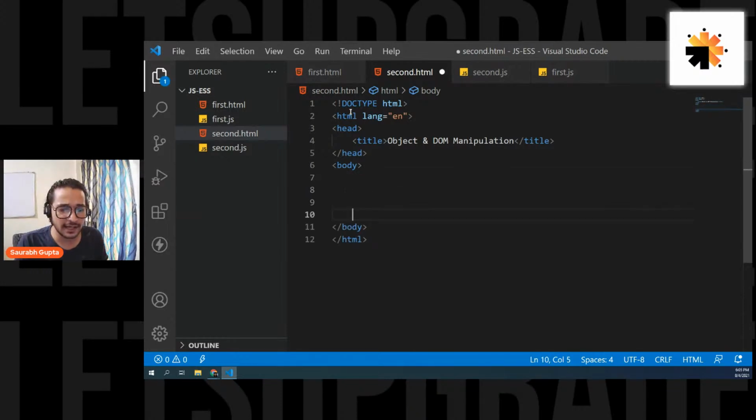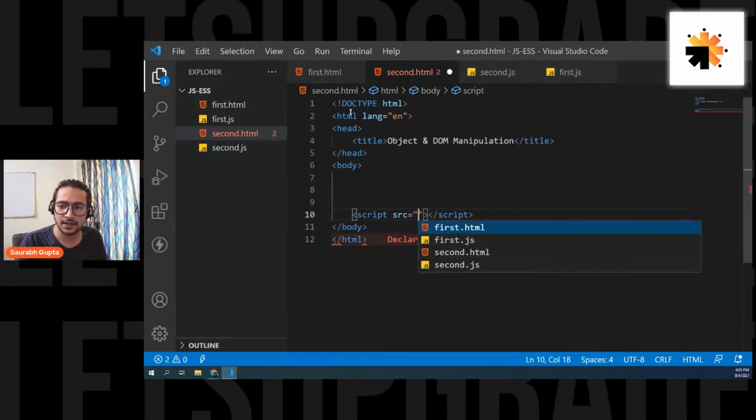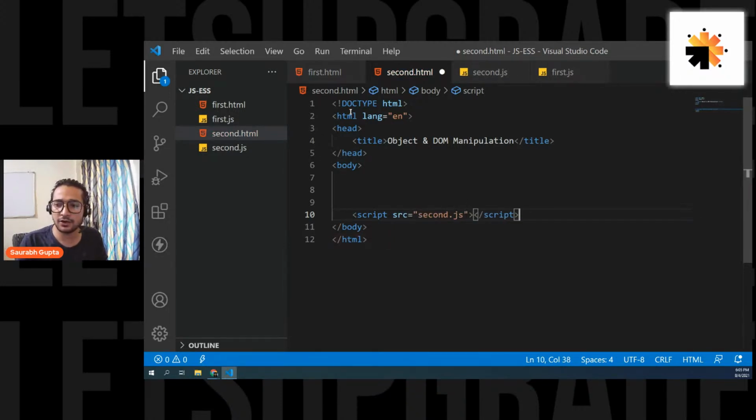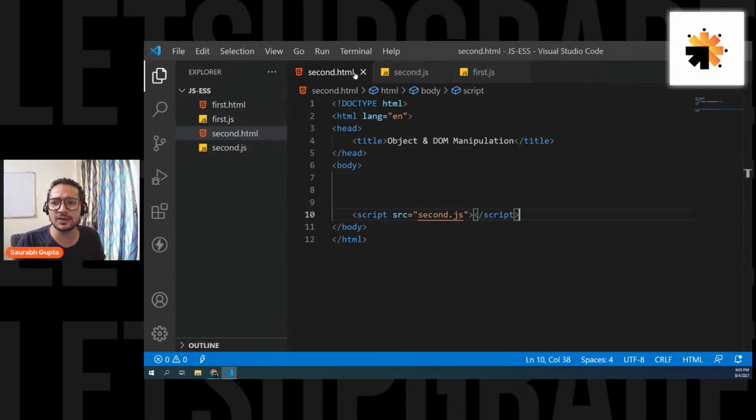How to link exactly by using the script tag. So that's cool that you guys remember. So let's go for the script tag. And then let's go here, src, and then simply put second.js, and that's it. That's done. And that's really cool that you guys remember it. Amazing. Okay, now we can close the first.html and first.js because we don't need them right now. So we can simply focus on second.html and second.js.